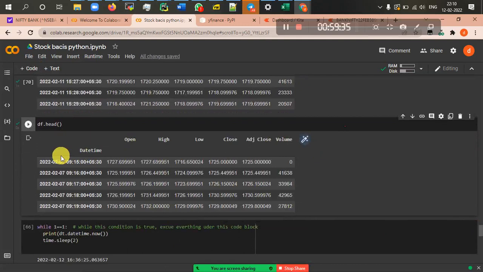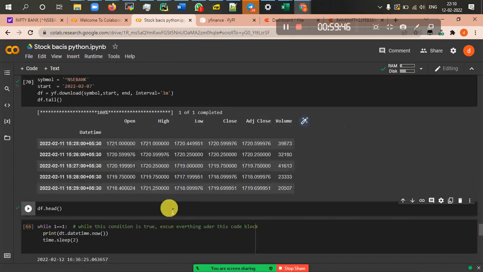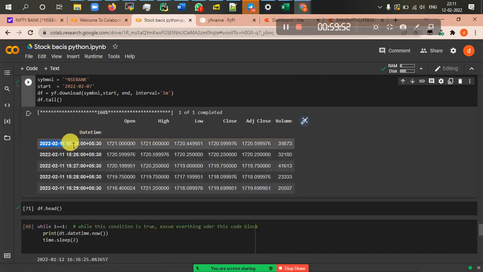So how do I query this every 1 minute? Okay, I'll tell you. I'll clear this output. In live market time, when you run this at, for example, you started at 325, you will see the data till 325. This will be the last data point. You will see from morning